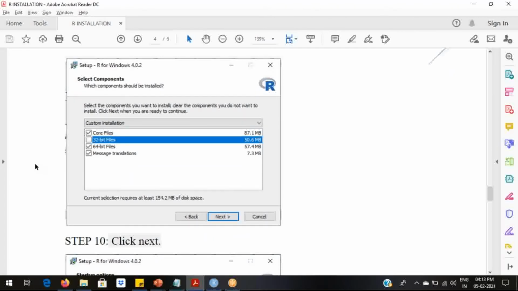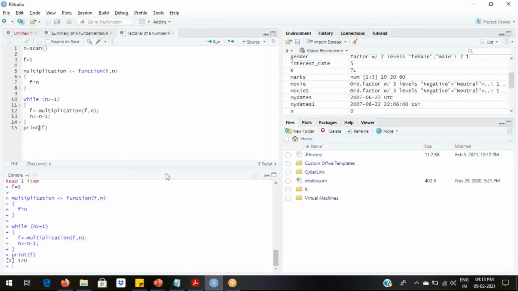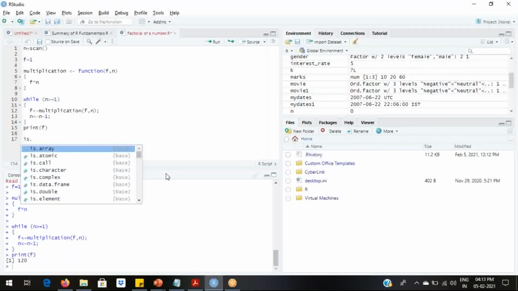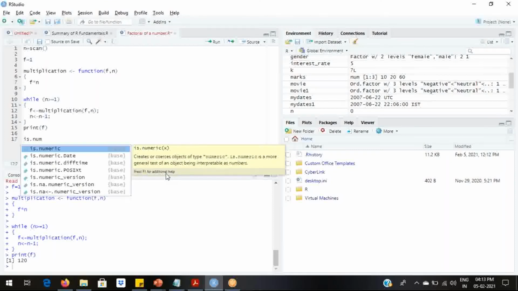Yeah, Nandini has asked, why is RStudio better than R? So Nandini, to answer your question, as I said, RStudio is an IDE. So when I say IDE, it will be better when you do coding. So for example, when I start typing a function, it will show suggestions.